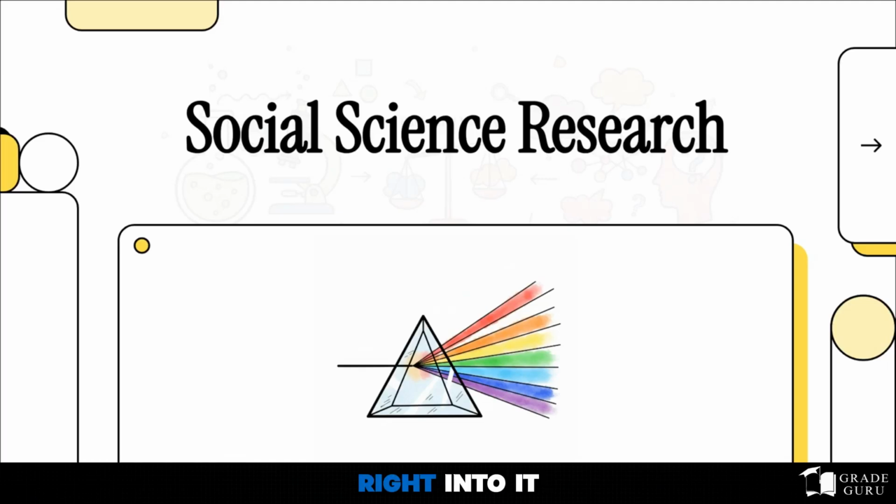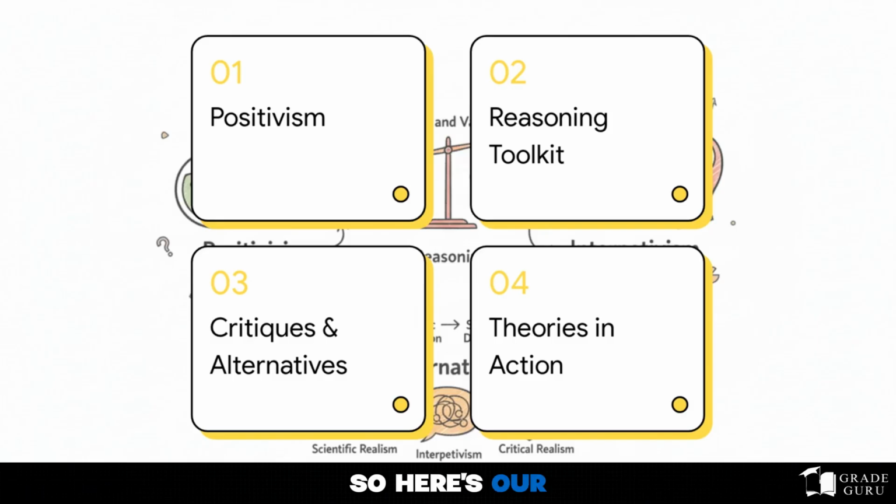Okay, let's get right into it. We're going to break down the core theories of social science research, everything you absolutely need to know to crush your exam. So, here's our game plan. We'll kick things off with positivism, then get into its reasoning toolkit. After that, we'll look at some major critiques, and finally, see how all these theories actually play out in a